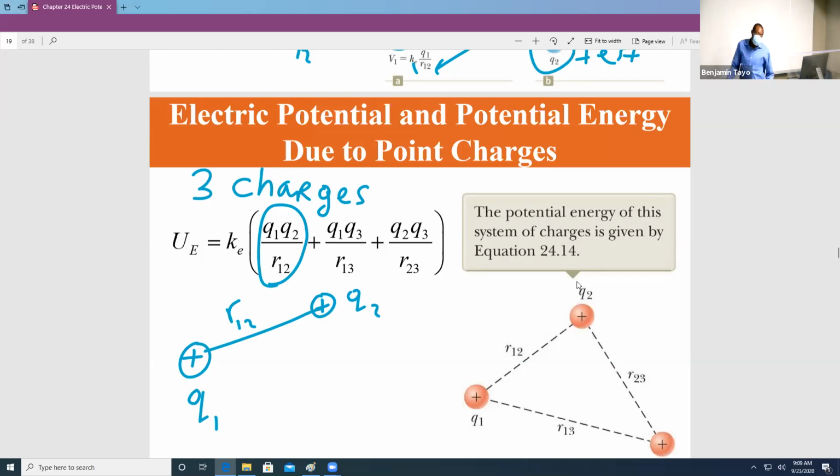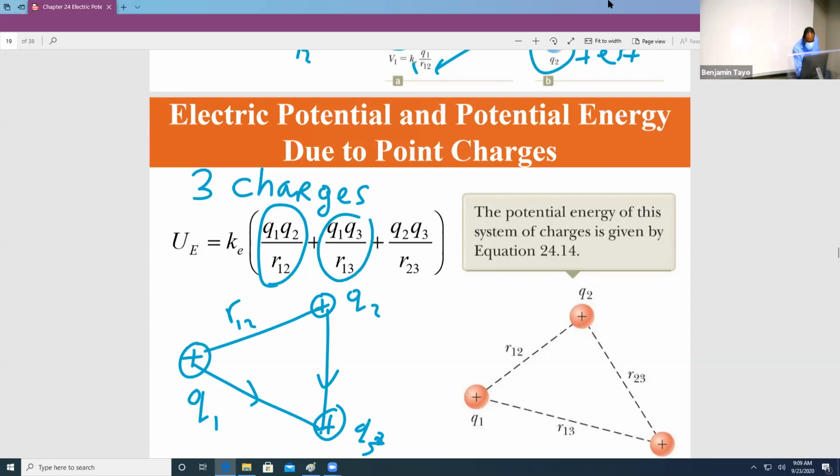So now you have 2 charges. Then let's bring a third charge to this point. Now, if this is my Q3, notice that to bring Q3 to this point, I need to work against this electric field here, as well as this electric field here. So I need to calculate how much energy it is going to take me to bring Q3 from infinity to this point, right? Is this term. So Q1, Q3 is this term, and then Q3, Q2 is that term as well. So if you just add contributions from each,